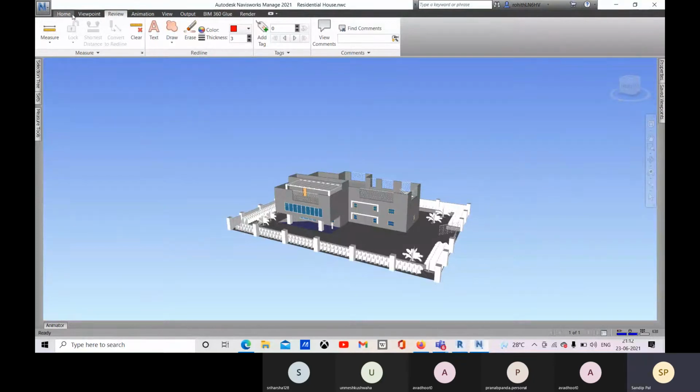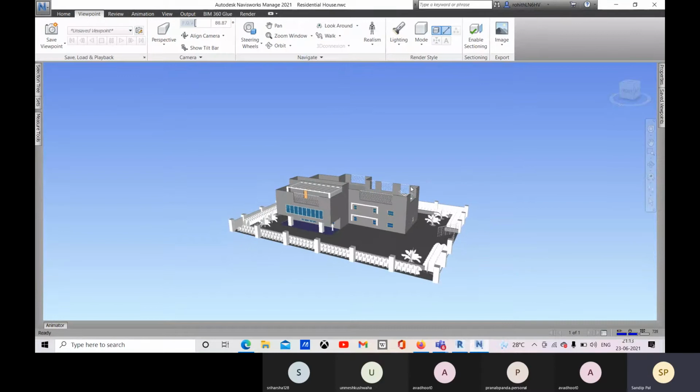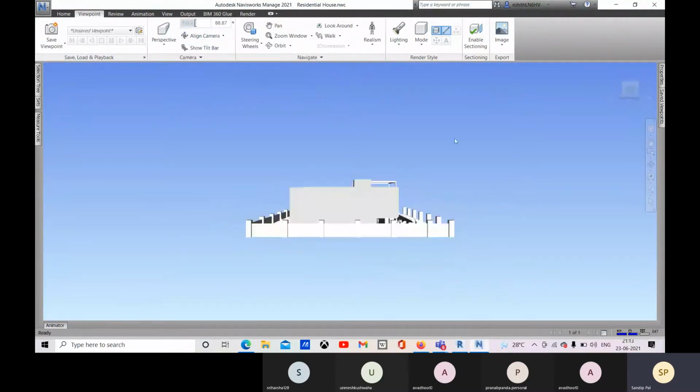All right. And you can create some viewpoints for creating animations, or for particular review purposes. And for that, you have this camera settings. You can change the field of view, and you can align the camera so that you can get a particular view like this one.